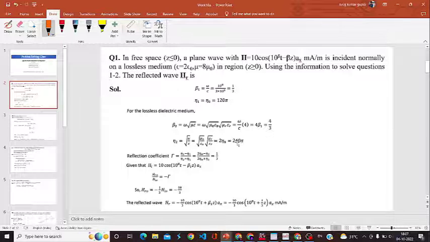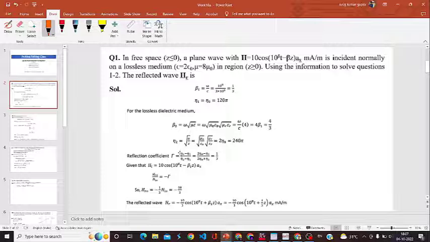Okay, so you can also write this as 2 eta naught, where eta naught is the intrinsic impedance of the air media, which is equal to 120 pi. Once you calculate the intrinsic impedance of both the media, that is the air and the dielectric media, let us say, you can calculate the value of the reflection coefficient gamma, that is equal to eta 2,